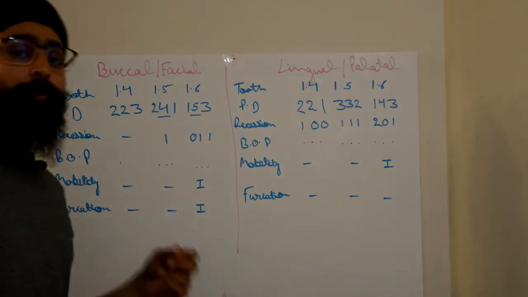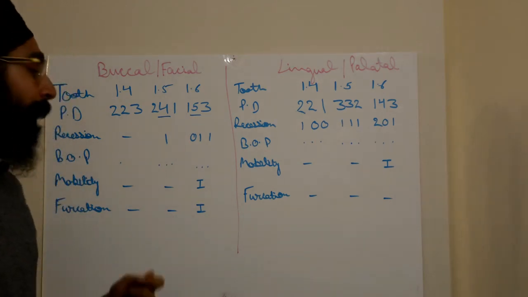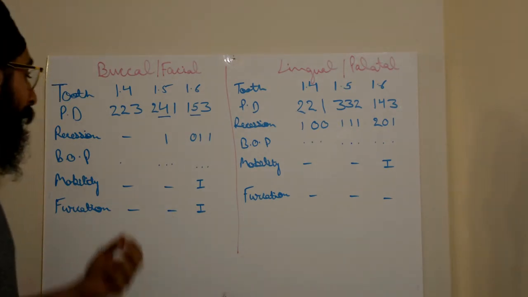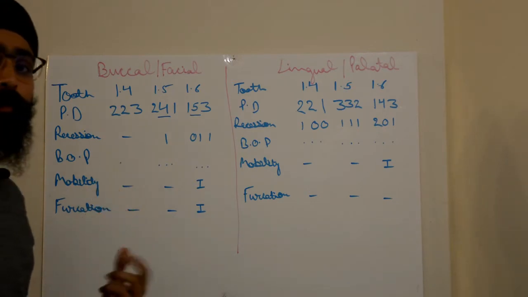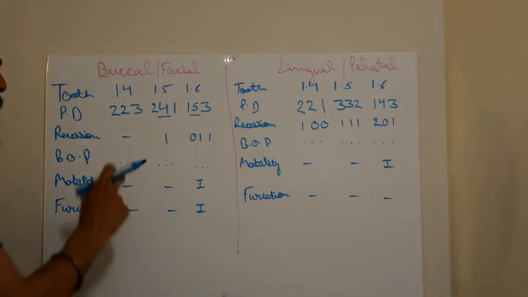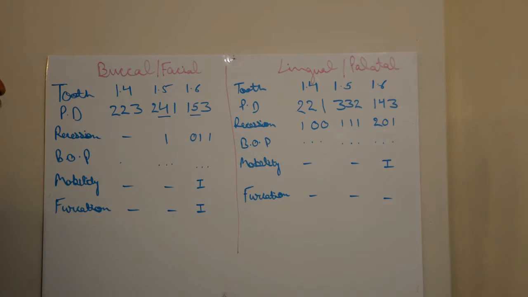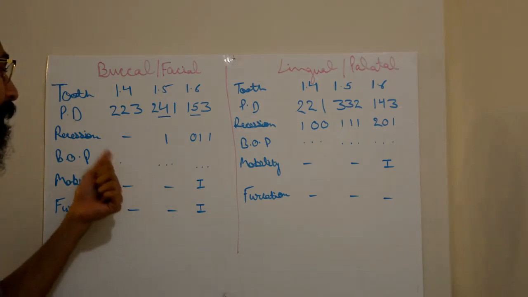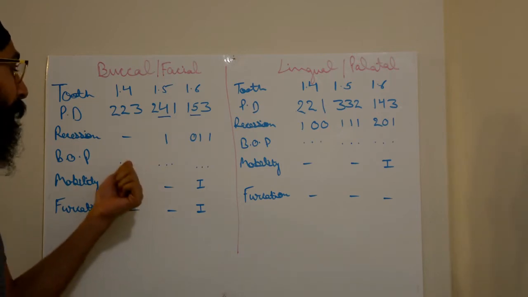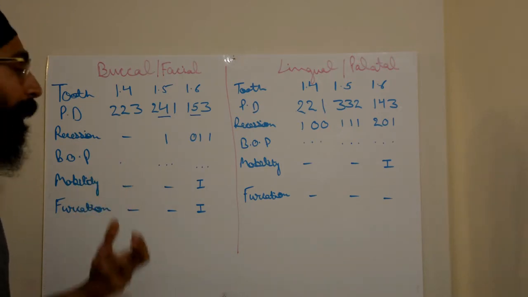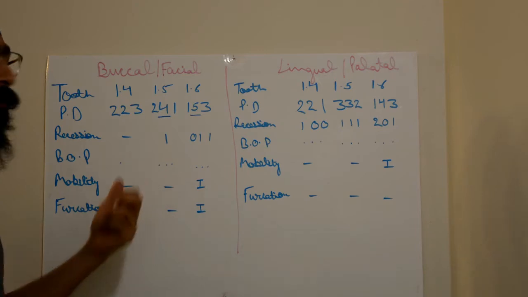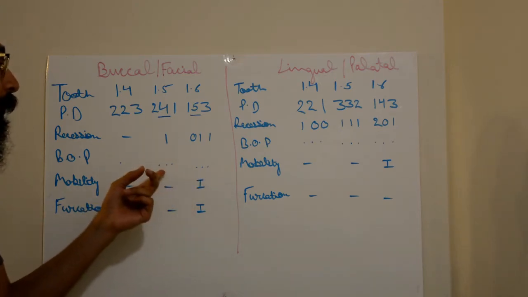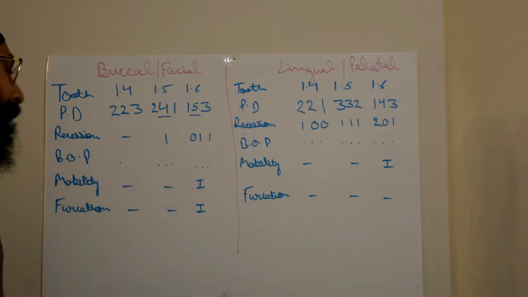Then there is bleeding on probing. Whenever a dentist probes a certain area of the tooth, if bleeding oozes during probing, it is marked by a small or tiny dot. So when the dentist was probing this area, he saw that while probing on the mesiobuccal surface, bleeding occurred, but there was no bleeding on the mid buccal and on the distobuccal surfaces. But in case of 1.5 and 1.6, there was bleeding on all three areas.